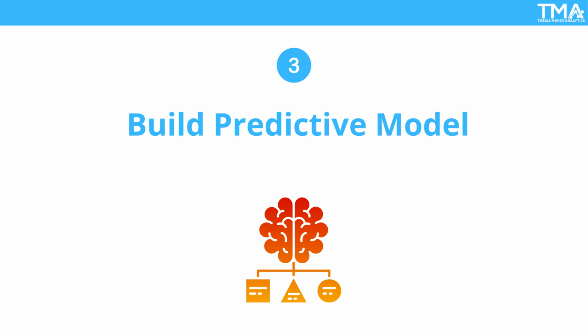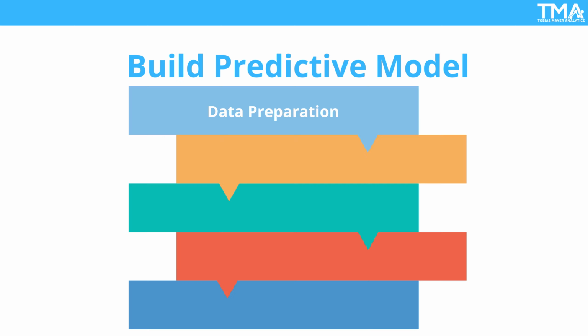Building predictive models for churn risk analytics involves utilizing data and applying statistical and machine learning techniques to predict the likelihood of customer churn. Here's a detailed step-by-step explanation of the process. Data preparation. Start by preparing your data for analysis. This involves cleaning the data, handling missing values, and transforming it into a suitable format for modeling. Ensure that the relevant variables for churn prediction, such as customer attributes, engagement metrics, and churn labels, are properly identified